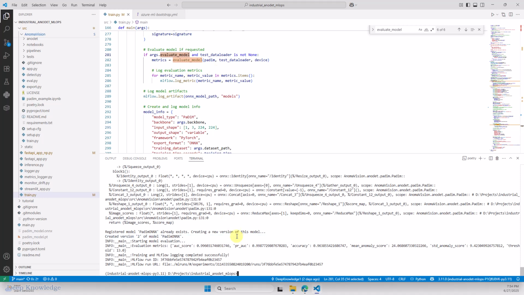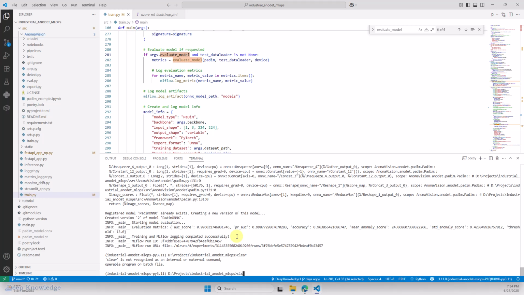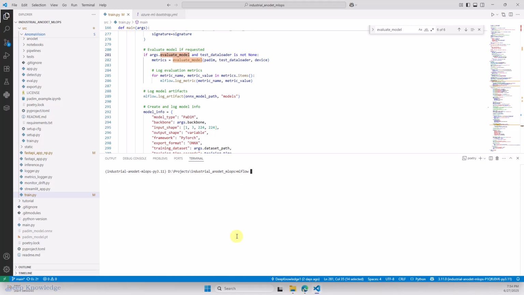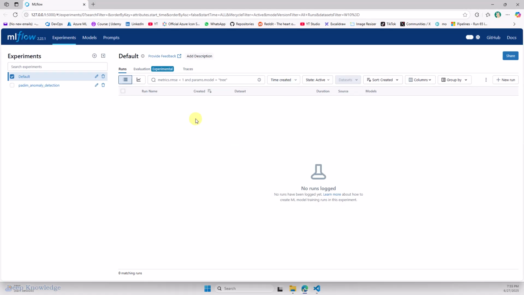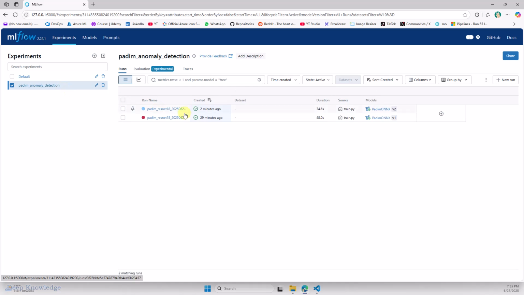And let me now see what data will be saved here. So MLflow UI. And now I need to open this link. So you can see here, this is our runs, and I have 2 runs. If I click, this is the models, and if I click on this one here,